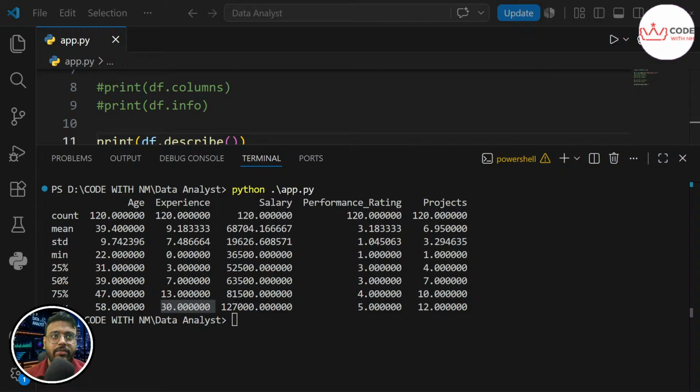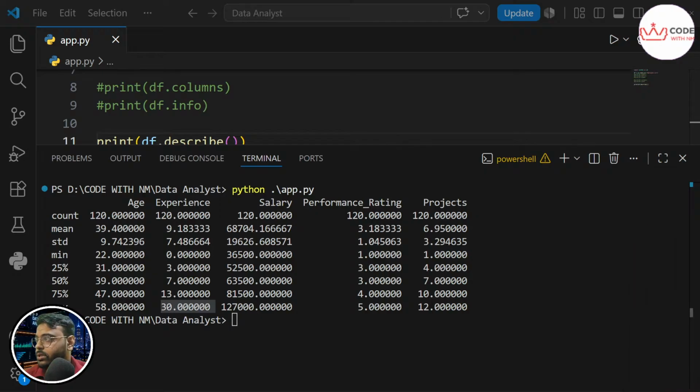And the same with the quartiles, 25%, 50%, and 75%. This is known as quartiles. If you want to know about the quartile, let's understand with the example of age.